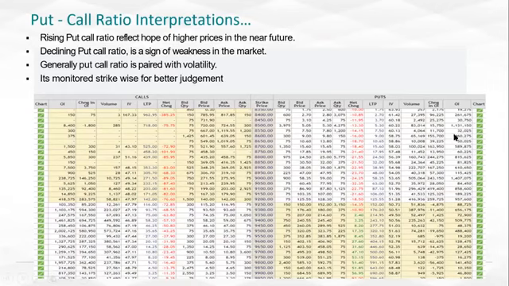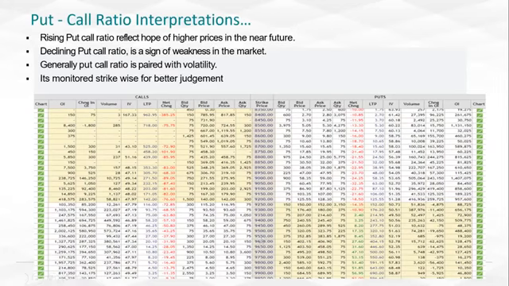So if you see, the highest OI is at 9,000. That means the 9,000 put is a big interest for the investors. Likewise in call also, if I see 9,500 is the most active, having the highest active contracts there, that means 9,500 on the call side is of big interest to traders, and the 9,000 put strike is of big interest to the investors. So if we have to understand the range for the market for the session, we would say that between 9,000 to 9,500 probably we would have a range.